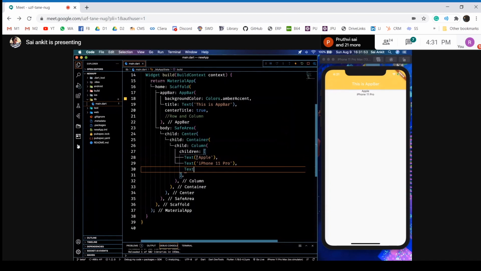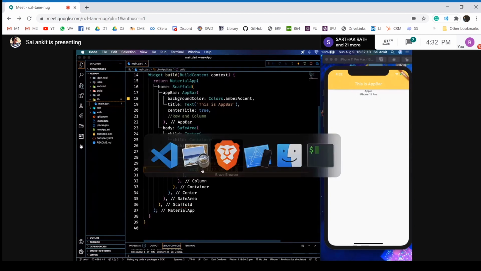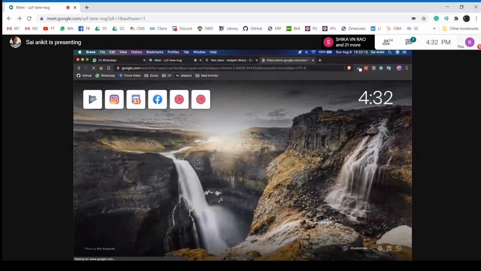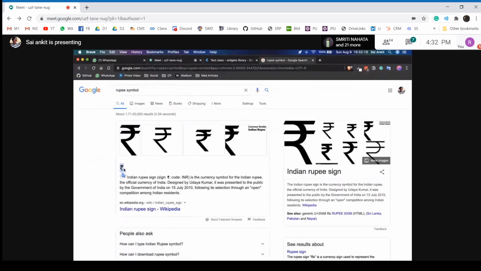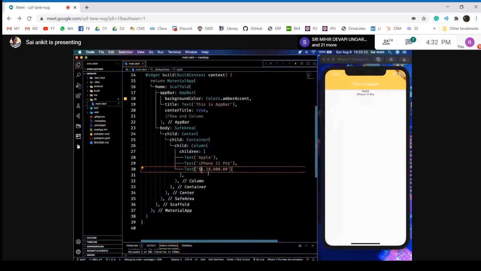Then another text widget, wherein I write the price in rupees, 1,18,800. You can just copy the rupee symbol from the internet.